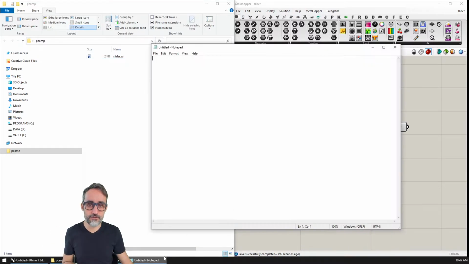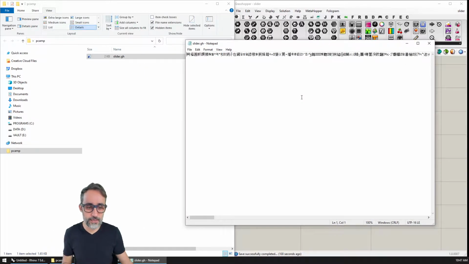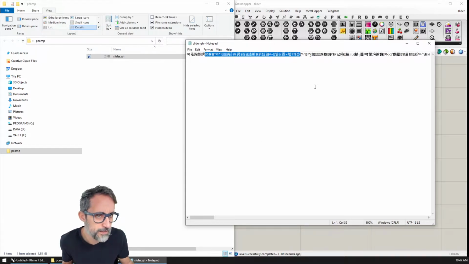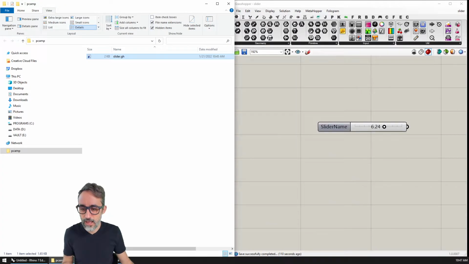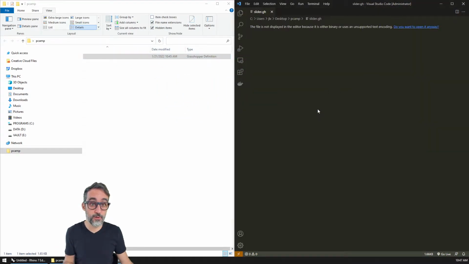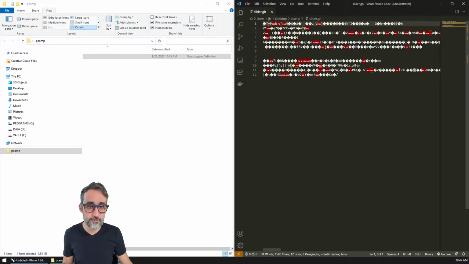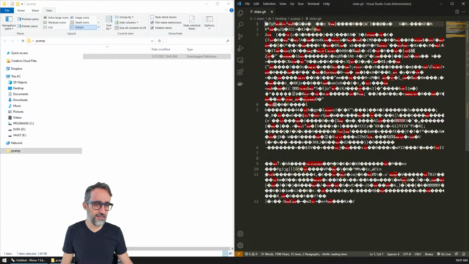But the problem with that is that if I were to try to now open this file on a regular text editor, for example, this one, I would basically get gibberish. I would get something that is not understandable. This is mostly Chinese characters for some reason, but I don't think that these Chinese characters actually mean anything. If I were to open this, for example, on a code editor like Visual Studio Code, you can see that the file, it tells me that it can't be opened because it's either binary or unsupported. So if I just open it anyway, you can see that I get these like weird characters that are basically